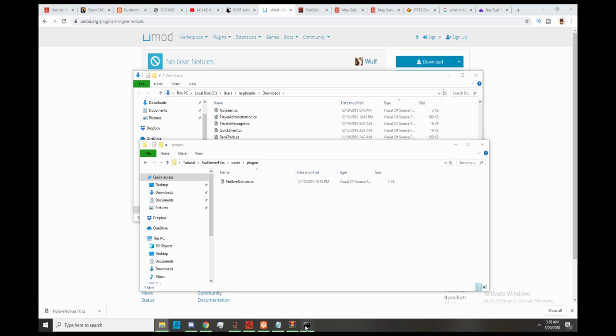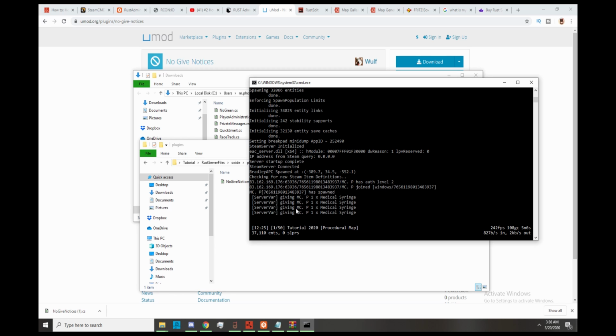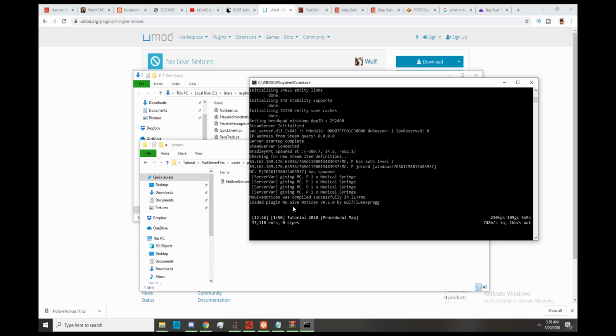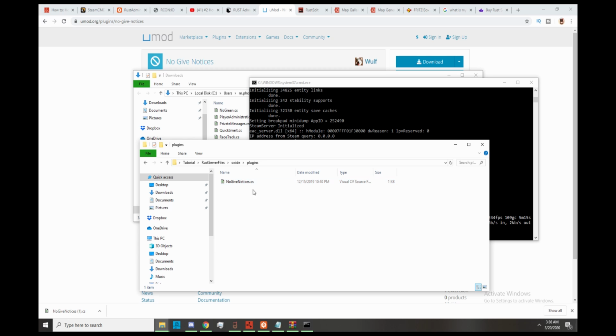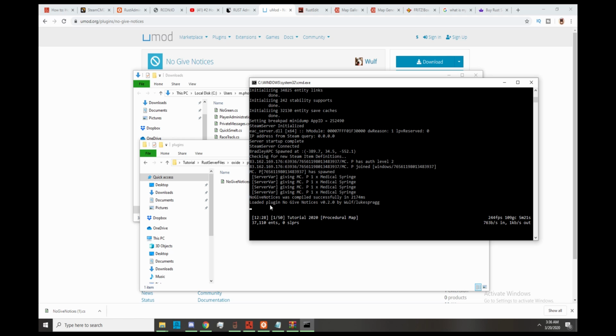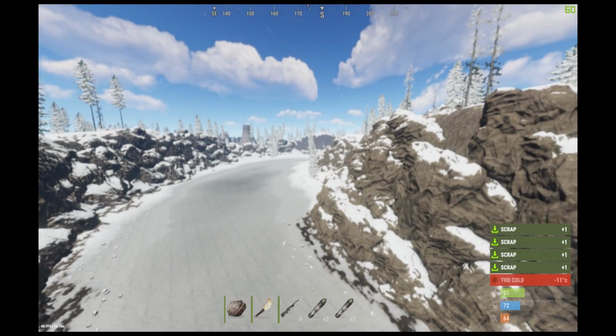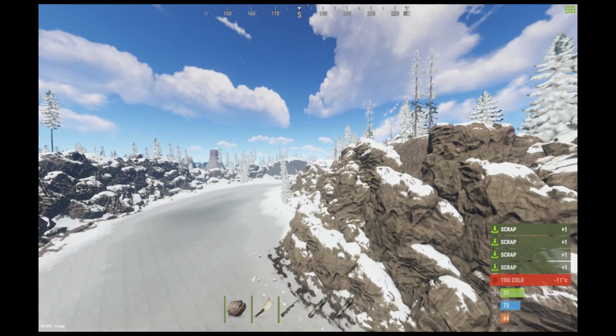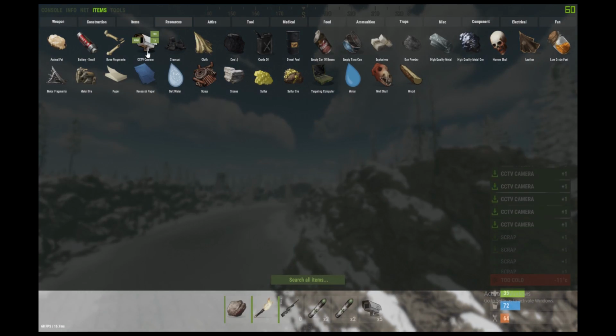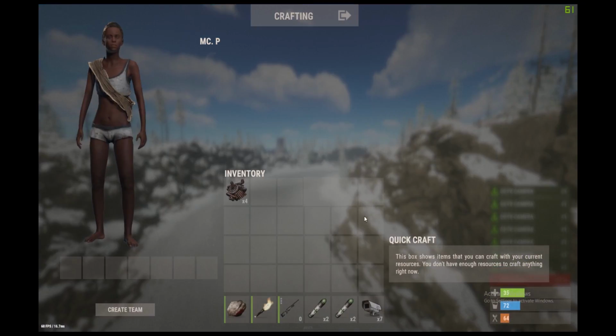So it's now here. If I go to my server, it should say loaded plugin, no GIF notices by Wolf. If you get any errors, then that means the plugin needs an update or the plugin is corrupted or something. So always check if it loaded correctly. So now if I am in the server and I spawn something, I still get it, but there is no message anymore. So if I spawn in a few CCTVs, I still see it on the right for myself,